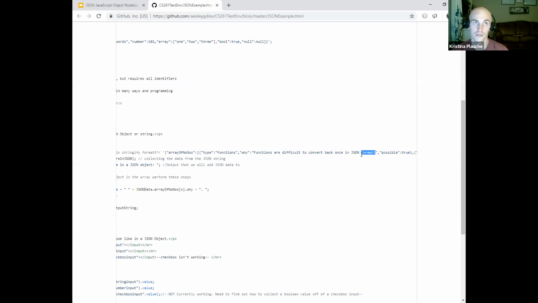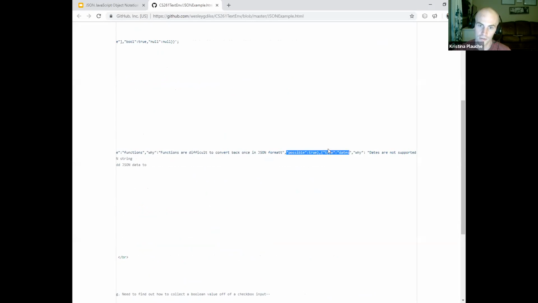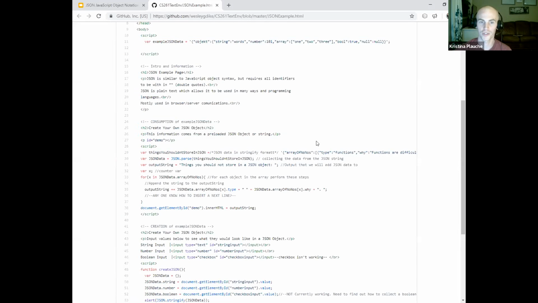There's some JavaScript voodoo you can do to actually do it, but I didn't read up on that yet. But it is possible. Dates, you cannot store a date variable type. Those are not supported. And undefined, you should not use undefined variables while using JSON.